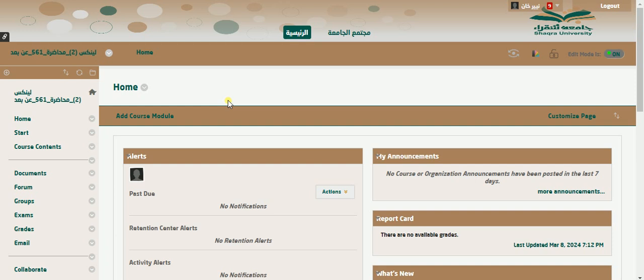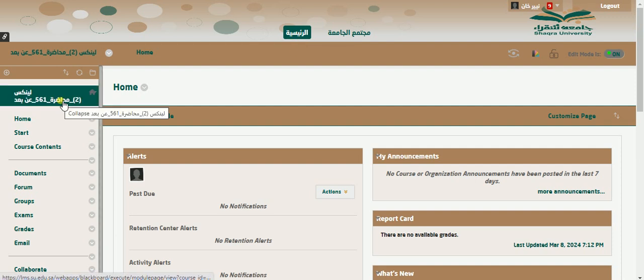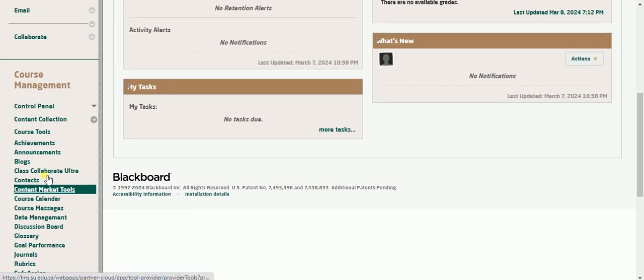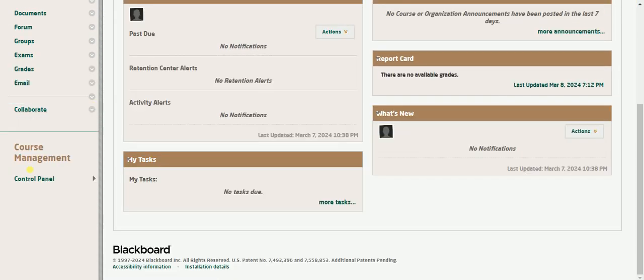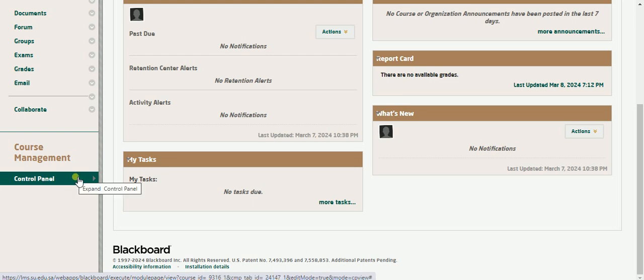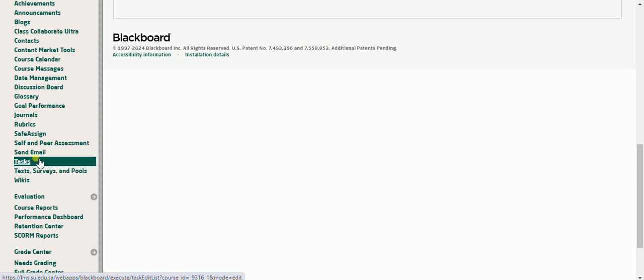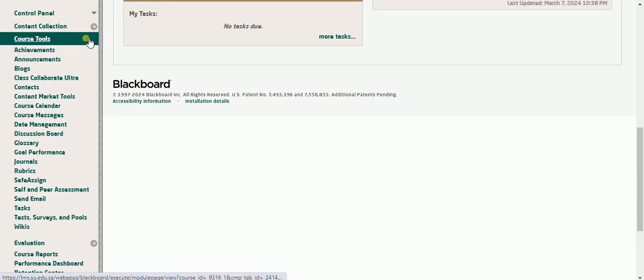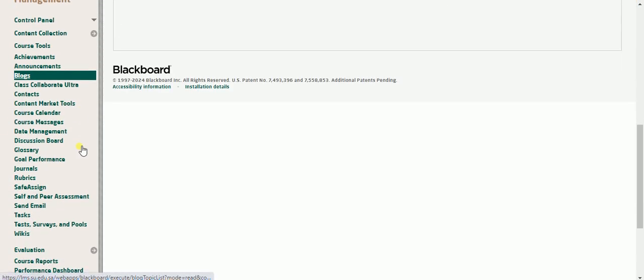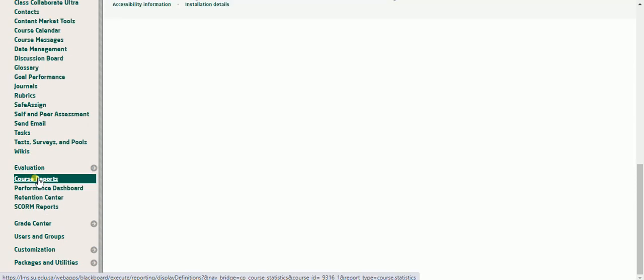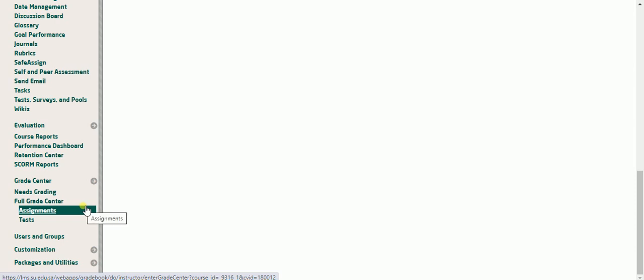For that, select your course and then move down for your course inside the course content panel. Now this course panel or the control panel is going to handle all the activities related to your course inside the system. We will be discussing each and every activity step by step. But for today's class, we are going to talk about the Grade Center, which you will be trying to manage from this particular menu. If you move into the Full Grade Center tab,